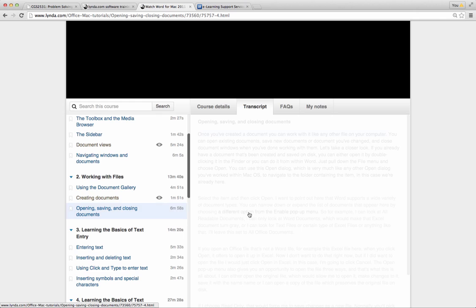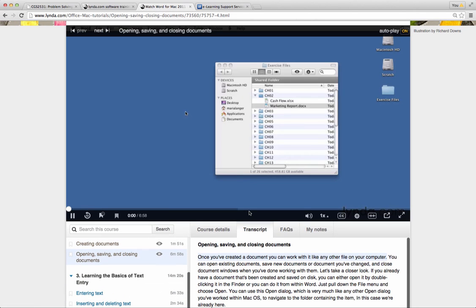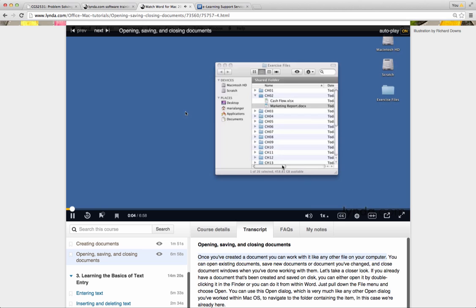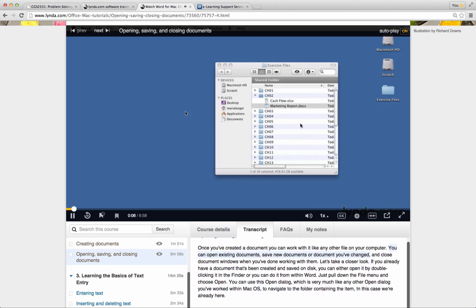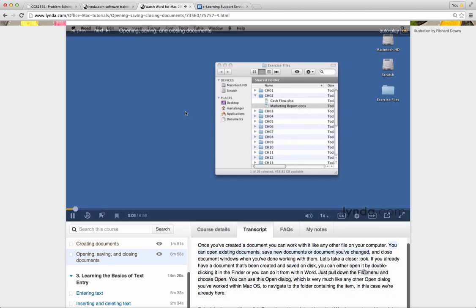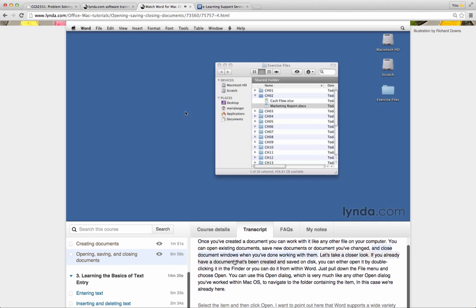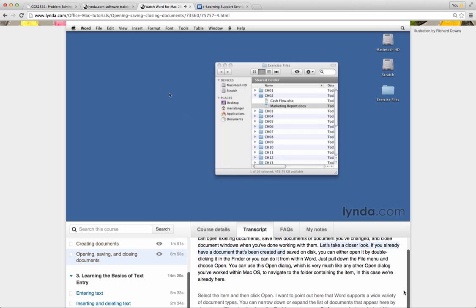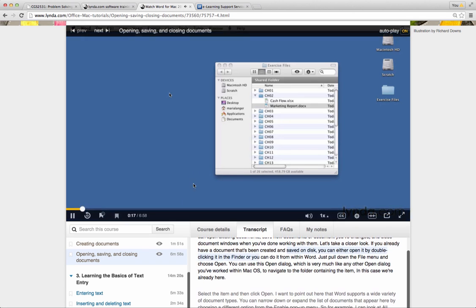And then another cool thing they do with this. I'll let it play for you for a second. Once you've created a document, you can work with it like any other file on your computer. You can open existing documents, save new documents, or documents you've changed, and there's a close document when you're done working with them. Let's take a closer look. If you already have a document that's been created and saved on this disk,